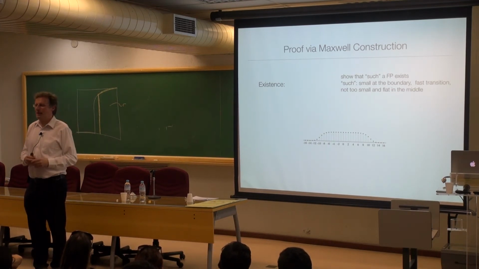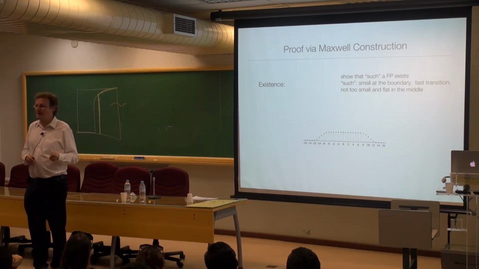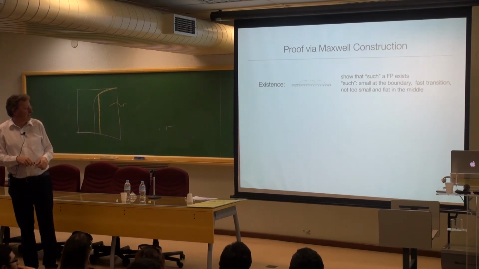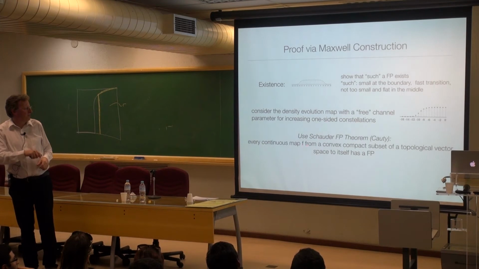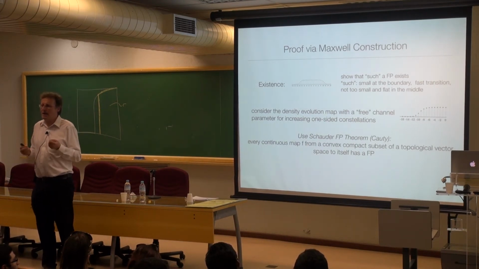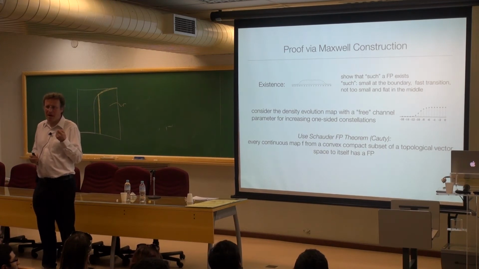And I need to show you that there's a fixed point of this map. Well, how does one show fixed points? One standard technique to show fixed points is some fixed point theorems. Okay, so there are many of them. The one we'll use is what's called the Schauder fixed point theorem, but there are many other versions of such fixed point theorems. Okay, I just need to show you there's a fixed point of this map,